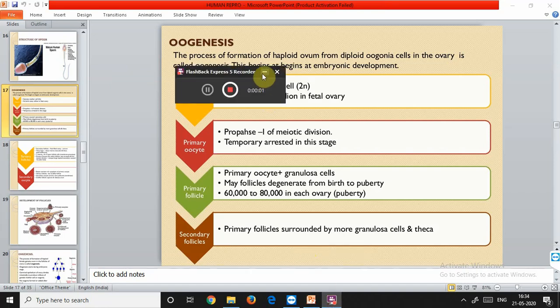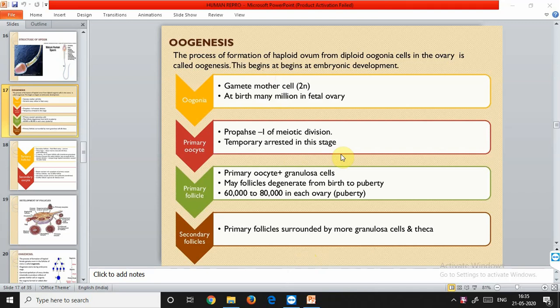So now the division or the increase in the size of cytoplasm includes all the cell organelles that are present in the cytoplasm, and also some reserved food materials that form the yolk or the vitelline. Now comes the maturation phase, that is the third phase in the process of oogenesis.